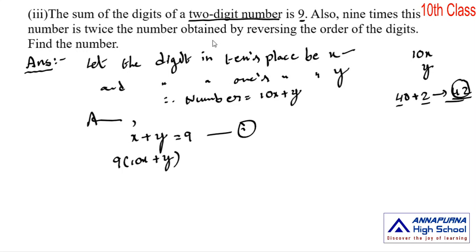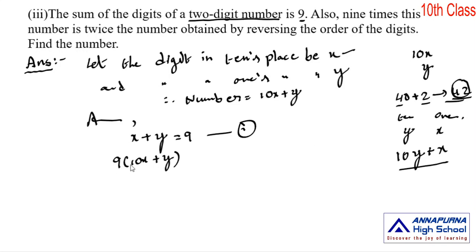First we find the two digit number obtained by reversing the two digit number. Reverse means you interchange the digit at tens place to ones place and ones place to tens place. Here the digit at tens place is x. Now we take that digit in ones place. Here the digit at ones place is y. Now we take that y in tens place. Then in the new number, y is in tens place, so its place value is 10y. X is in ones place, its place value is x. Therefore the new number is 10y plus x.